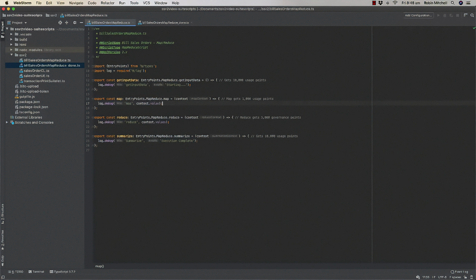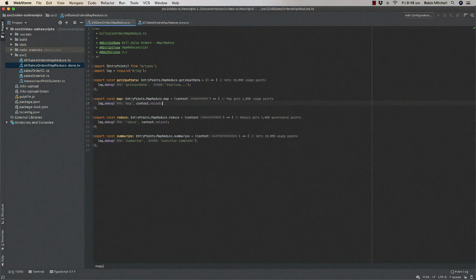Let me reiterate this because this is the most important key in the power of a MapReduce script. The power here is that if your getInputData function returns a list of 100 records to process, then there will be 100 different instances of this map function, one to handle each of the results from getInputData. And for performance, that means that if you have 10 different script queues, NetSuite can process 10 records concurrently. Nowadays, every NetSuite account has at least 2 script queues, so this at least doubles the performance from any scheduled